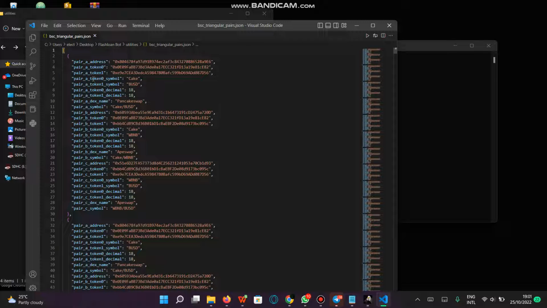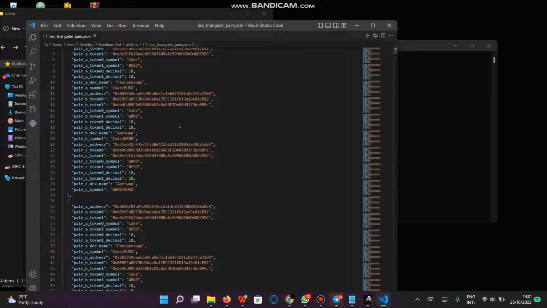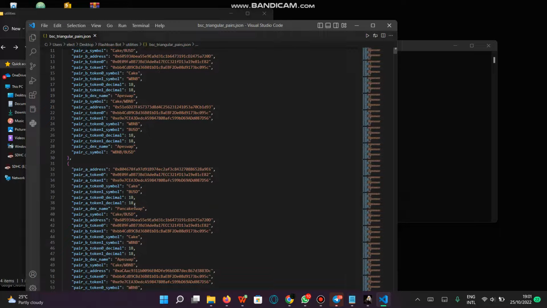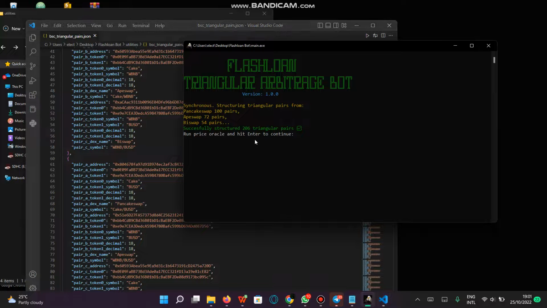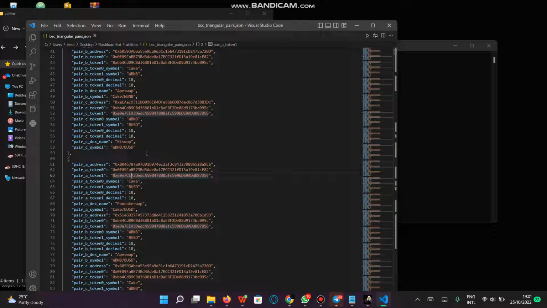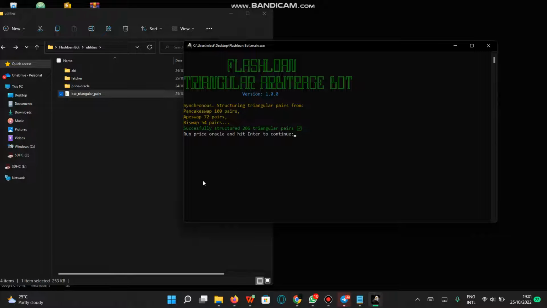This is triangular pair A, triangular pair B parameters, and triangular pair B details. And we have one triangular pair, two triangular pairs, three triangular pairs, and we have up to 206 triangular pairs in total. So that is exactly what happened. So I'm going to click on this, and what the bot is actually telling us to do is to run